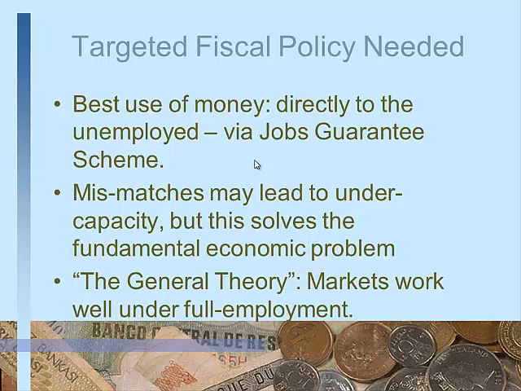The other kind of problem that arises is that there are mismatches. We give a job guarantee, the person is an engineer, but he gets employed as a sweeper. This can happen, because job guarantees are normally given for low-paying jobs. But the fundamental problem is that there may be some sectors which have undercapacity. They can hire all sorts of people, and some sectors are operating at full capacity. So people who are specialized in one job may need to learn other kinds of job skills. So these are second-order problems, not the primary problem.